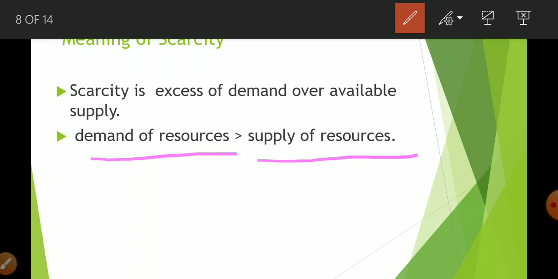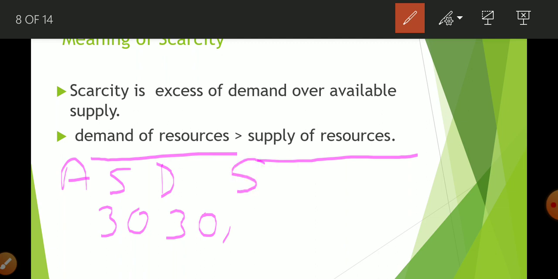Suppose there is a good whose supply is 30 and its demand is 30. Take another case, the same good in another place, its supply is 30, its demand is only 20. In the next condition, suppose supply is 30 and demand is